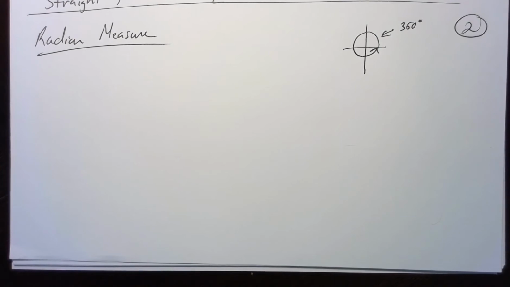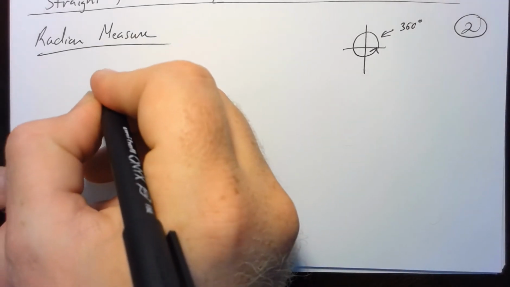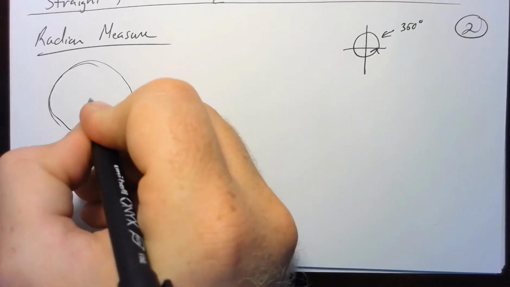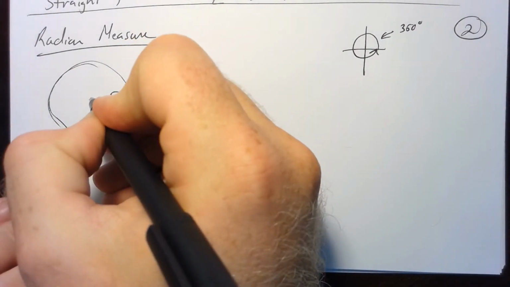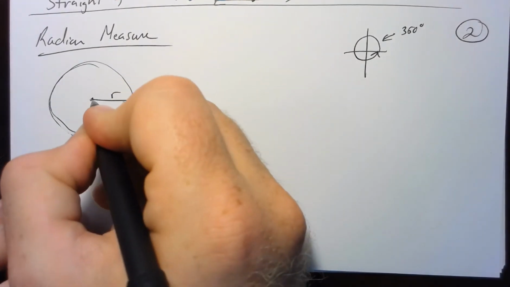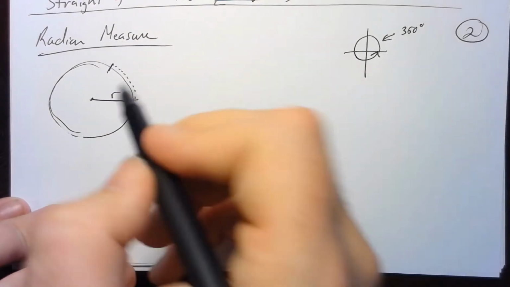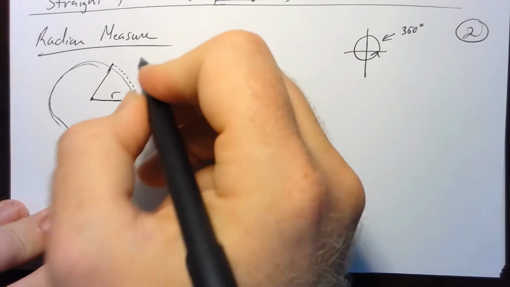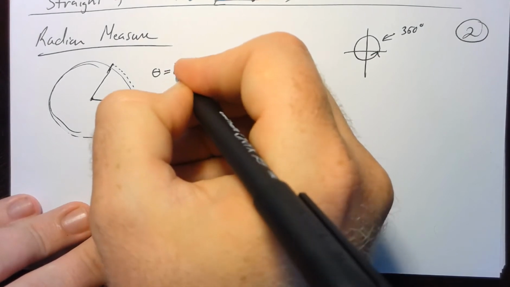So what we're going to do instead is define a new measurement called radian measure, which focuses on the concept of a radius. If I take a circle and I have its radius measure, r, a single radian focuses on the number of times it takes for us to take this radius, arguably in standard position, bend it, and rotate it up through the angle, like this. That right there would have an angle measure, and I'm going to use theta for the measure of an angle, which is going to be 1 radian.